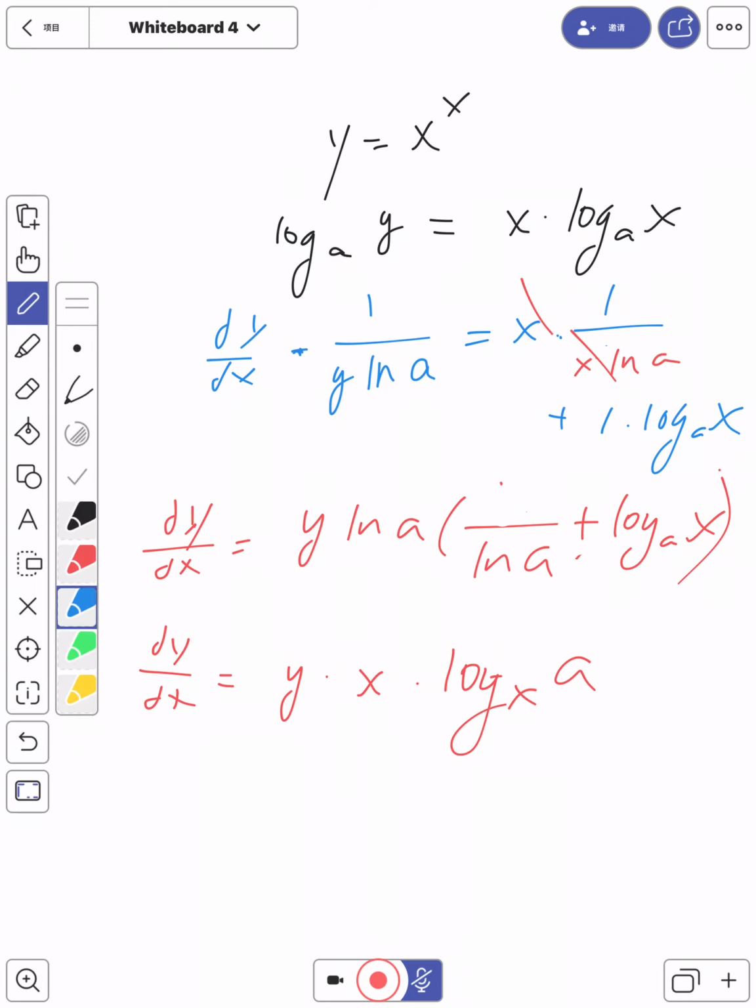After this, you should be getting the same result. I'm not going to do the calculation again, but you should get the same result, which is equivalent to x to the x times ln of x plus 1. So now,